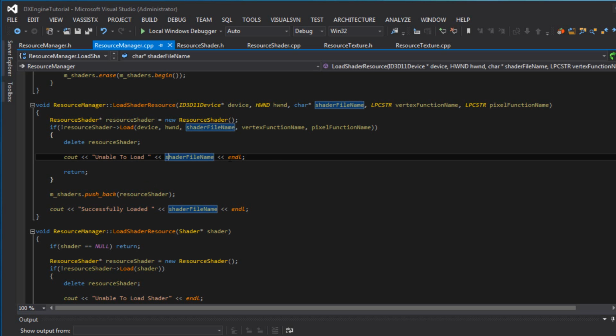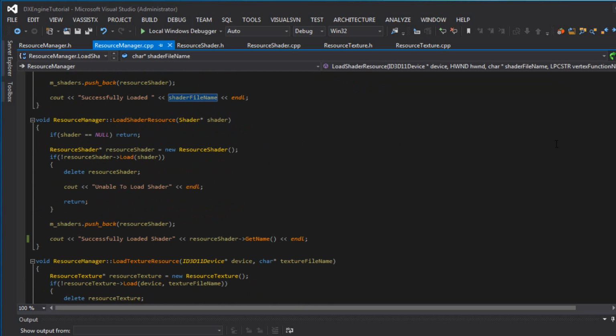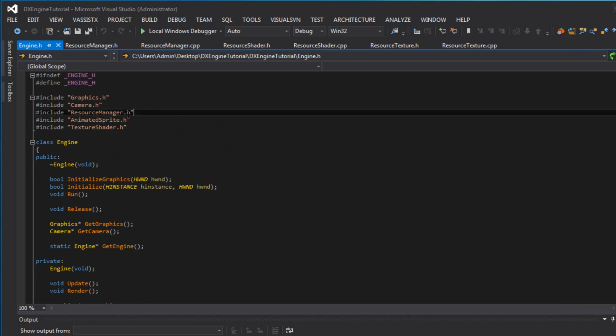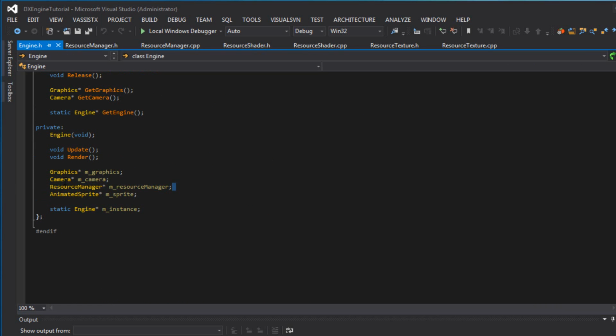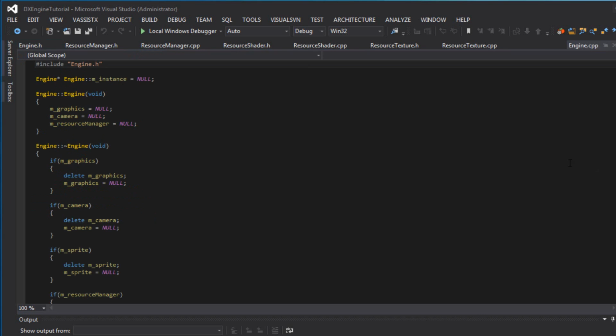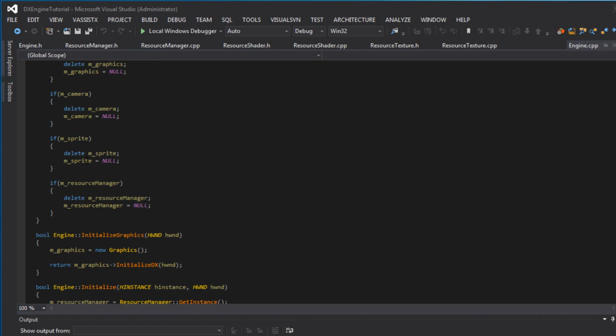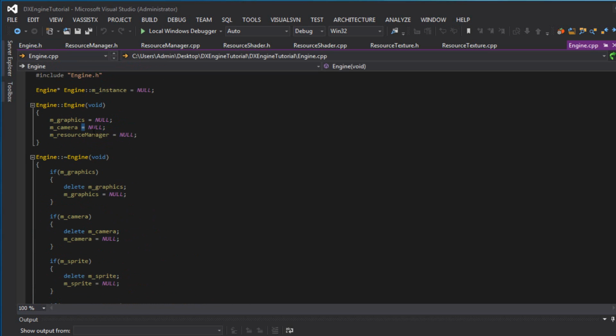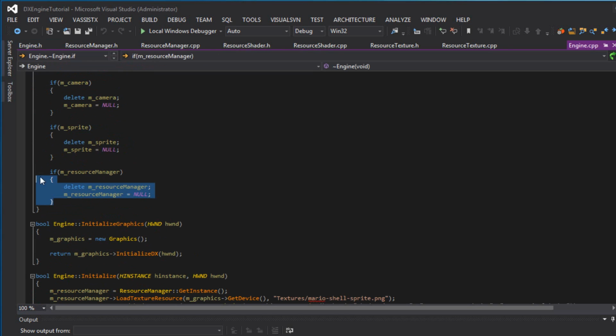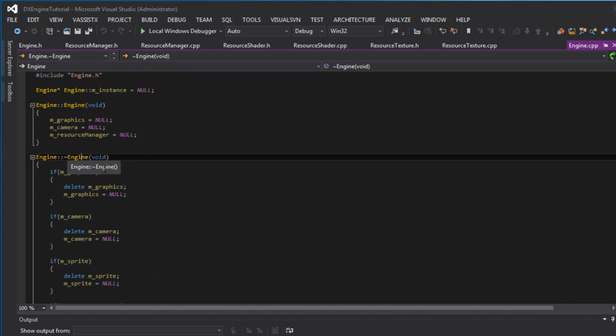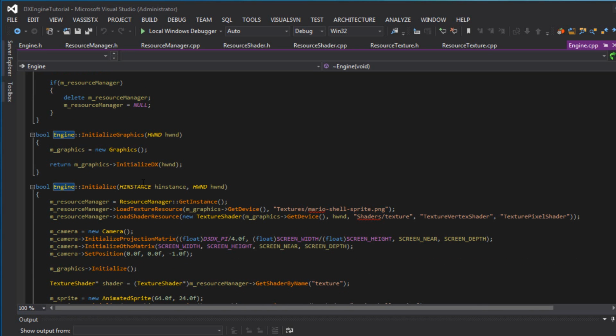So, yeah. Anyway, once you have done so, you want to go to our engine.h and make sure you pass in our resource manager in there and create a resource pointer in private. And after you've done so, you want to go to the engine CPP. Make sure resource manager equals null, and make sure you delete it in the destructor of the engine. Otherwise, in the initialize